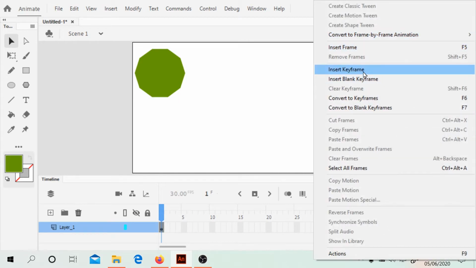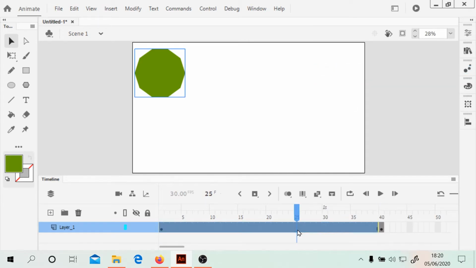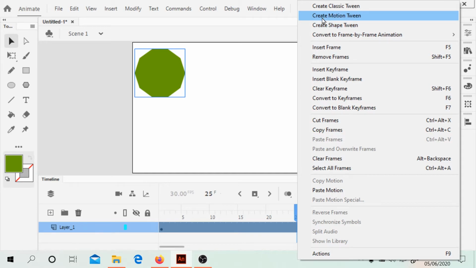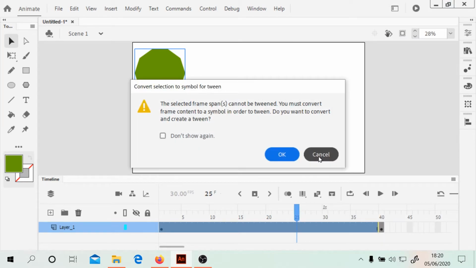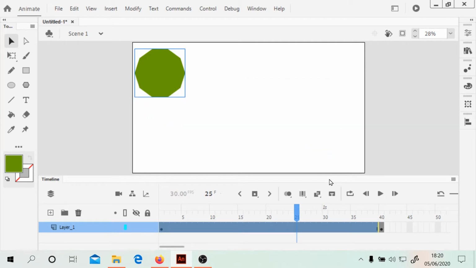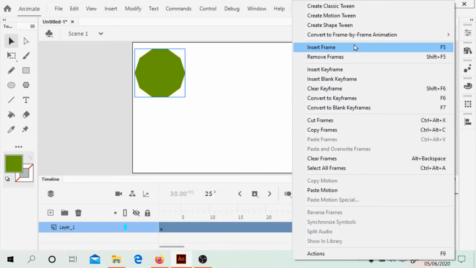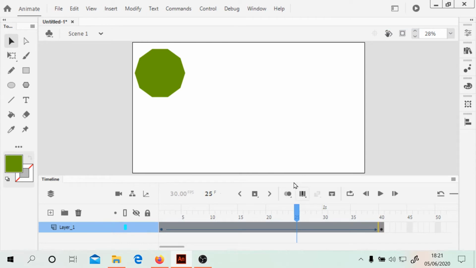So I believe, if we do a keyframe here and try another type of tween, like say the classic tween, it will still say it's not a symbol, right? So a symbol and an object are not the same thing. So you would still have to do the shape tween. And then if we go to the end point,